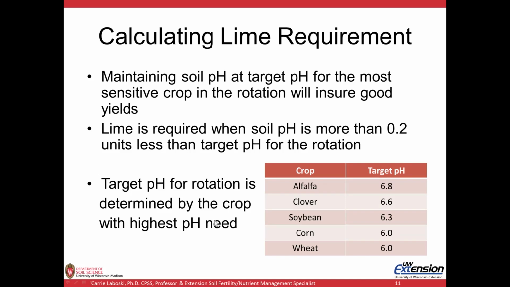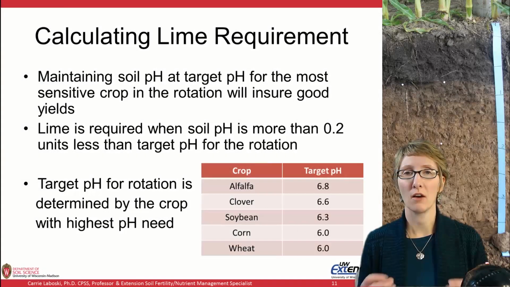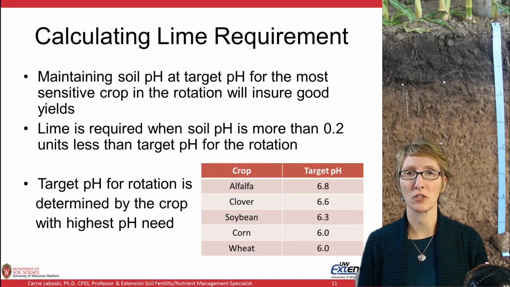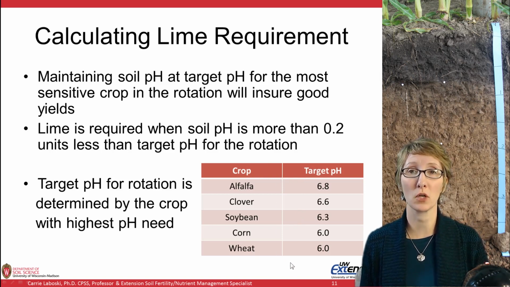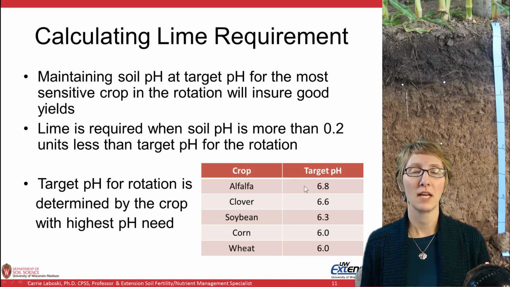Now, calculating the lime requirement of soil, how much lime to apply, you need to know a few things. One of them is your target pH of your soil. And it's important to maintain the pH of a field for the most sensitive crop in the rotation, that is the most pH sensitive crop in the rotation. So if we look at our target pHs for our various crops here in Wisconsin, this is not an extensive list, it's just some of our more common crops. You can see that alfalfa has the highest target pH of 6.8. Our legumes are also higher, and then we move into our grass crops, corn and wheat, they have a target